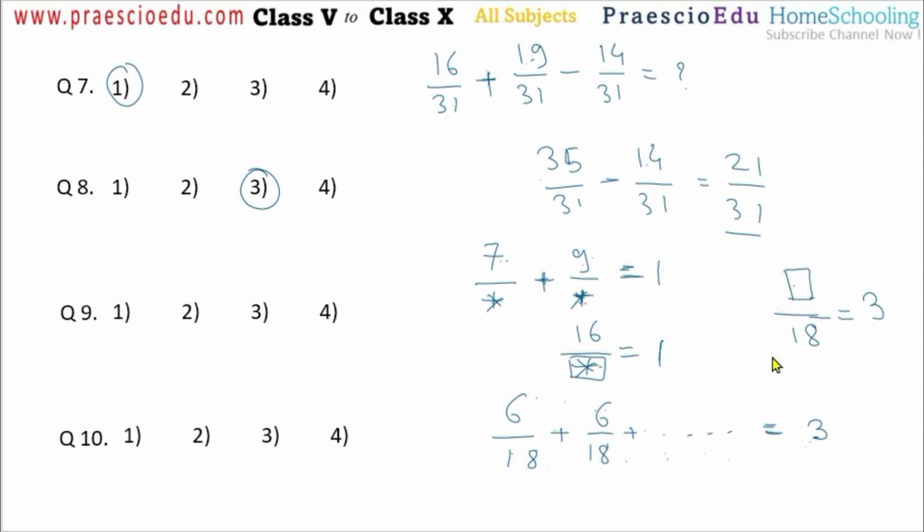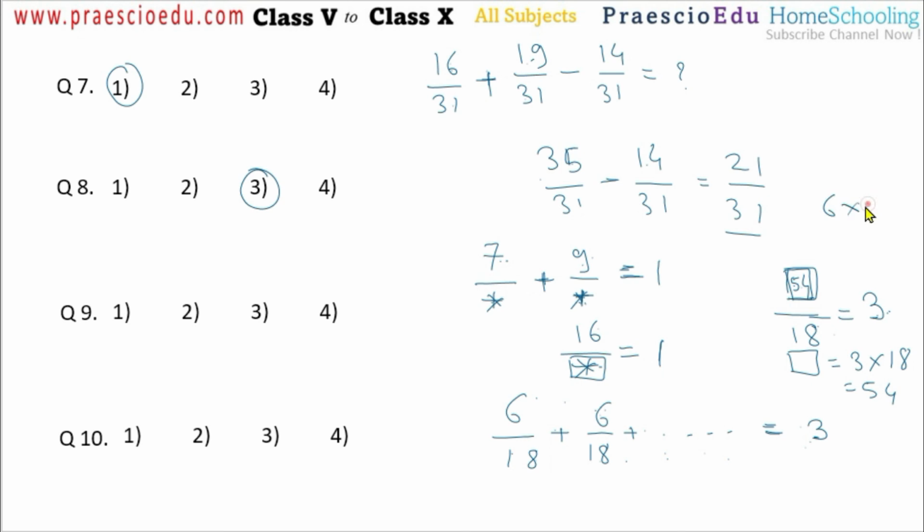So we can say this is something after the addition of the 6s. This number we don't know, it depends on how many times we are adding. As this unknown number divided by 18 is equal to 3, we can transfer the division to the other side as multiplication, or multiply both sides. So this empty box, the unknown, is equal to 3 multiplied by 18, which is 54. So 54 comes when 6 is added some number of times. How many times do we have to add to get 54?